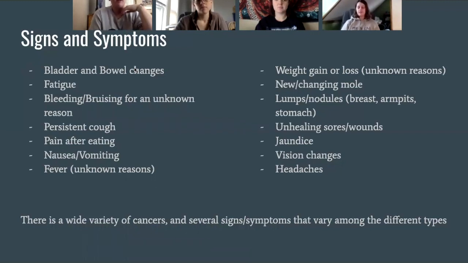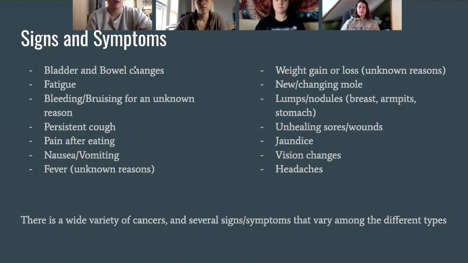So some common signs and symptoms for a wide variety of cancers: bladder and bowel changes, fatigue, bleeding, bruising for unknown reasons, like you have no idea why that is happening, persistent cough, pain after eating, nausea and vomiting, fever again for an unknown reason, weight gain or loss that you're not trying to do,